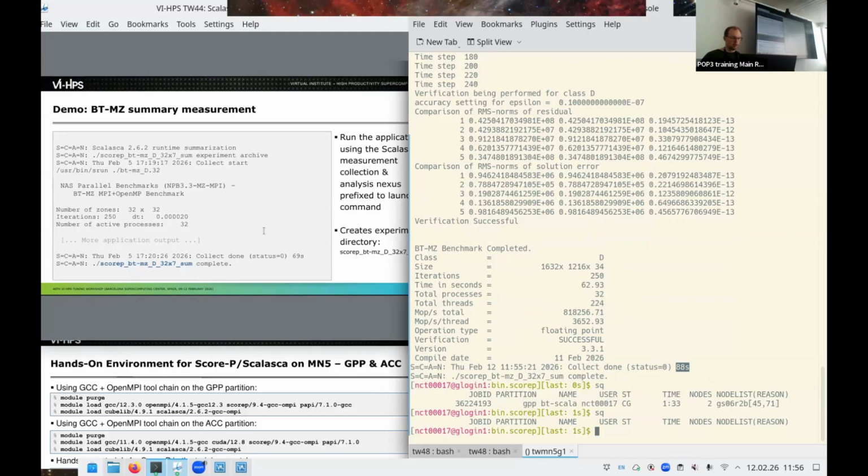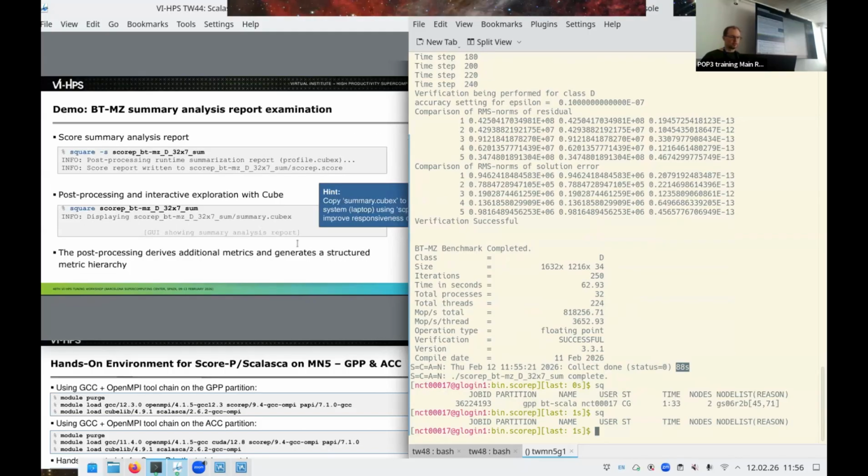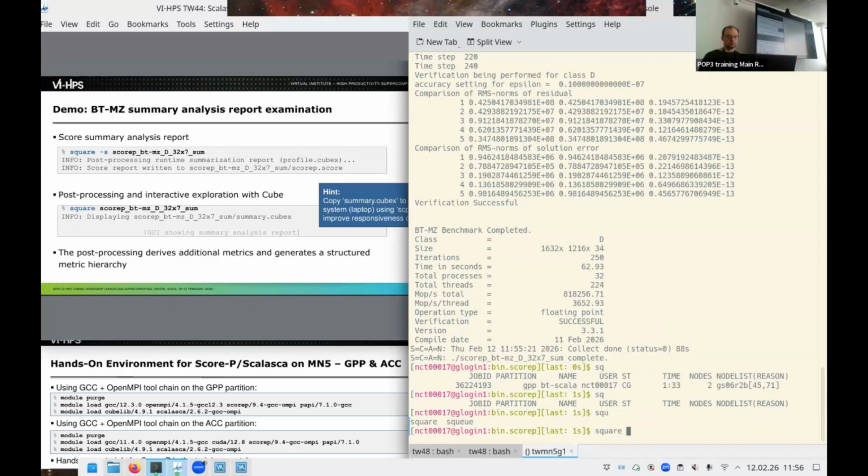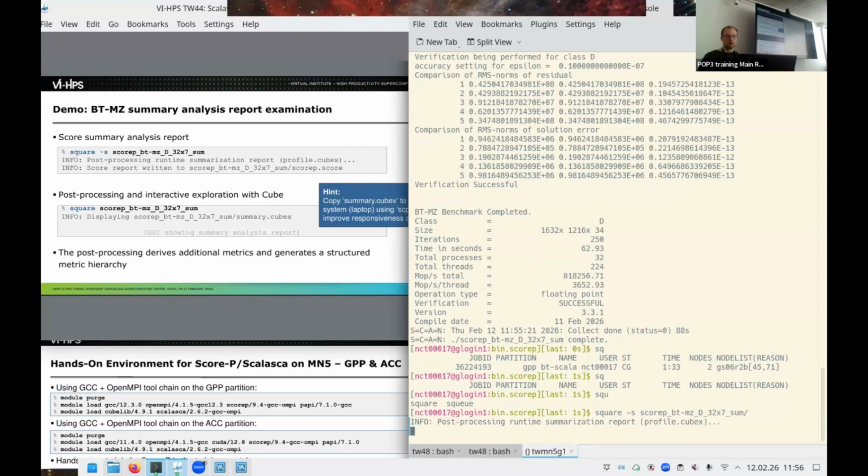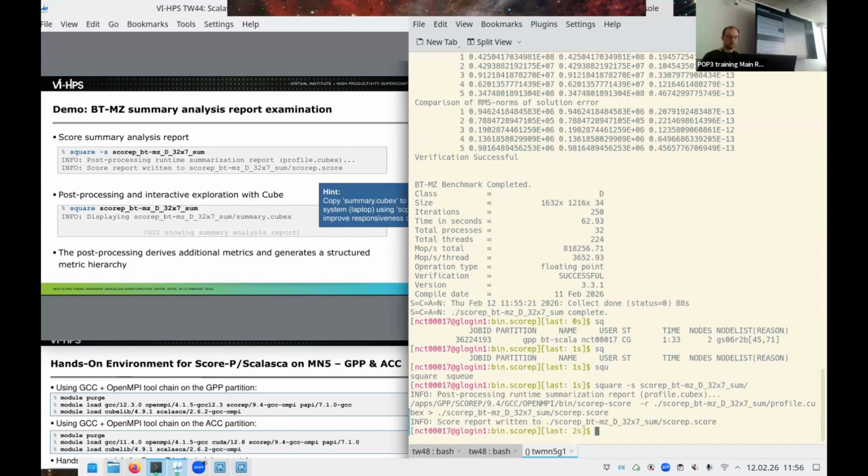So the next step, of course, is you can now use something we did yesterday manually, and this is using square, a convenience command provided by Scalasca, and we can use the option -s on the scorep BTMZ sum, and it will produce a scoring report and try to